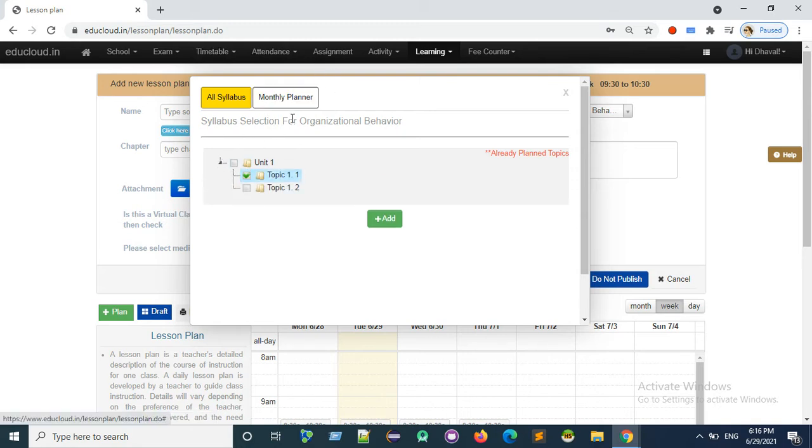You can also select your chapter and topic from this monthly planner as well, which means if you have already planned your syllabus in academic planner, then it will be visible in monthly planner. Now click on add,